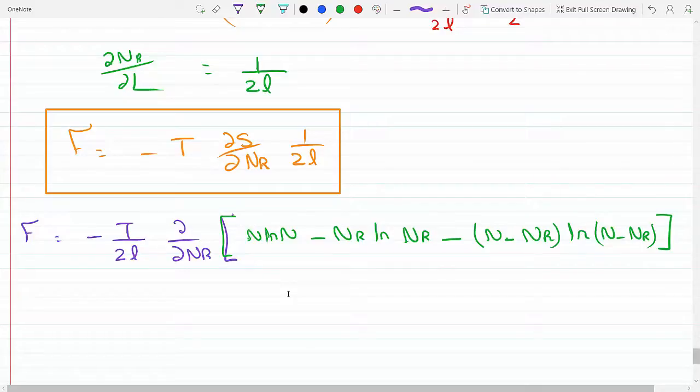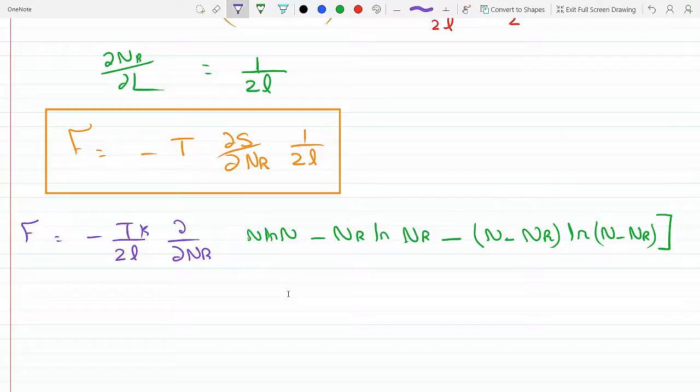Okay, let me fix this a bit. I'll remove this K over here, and then I'm taking the partial derivative of this with respect to NR. That's my S with the K. So F